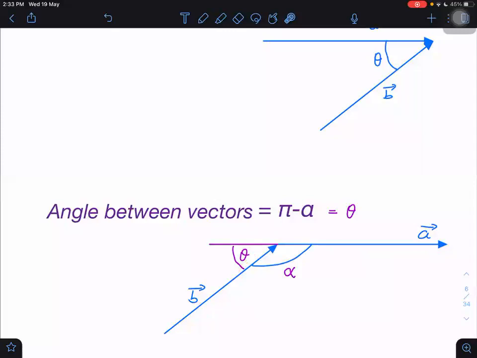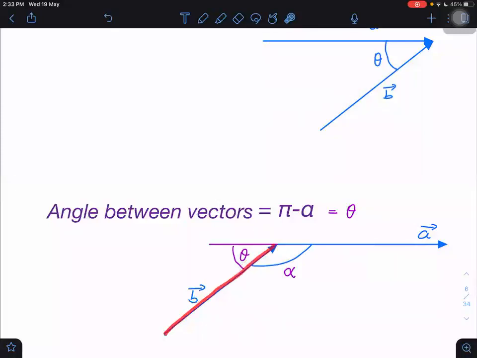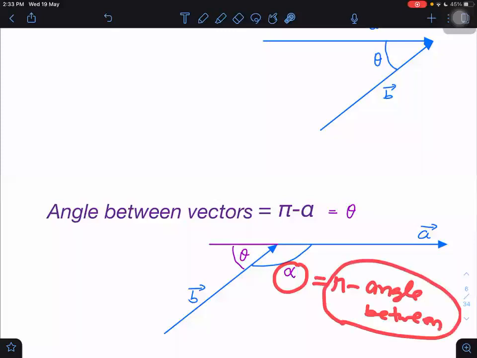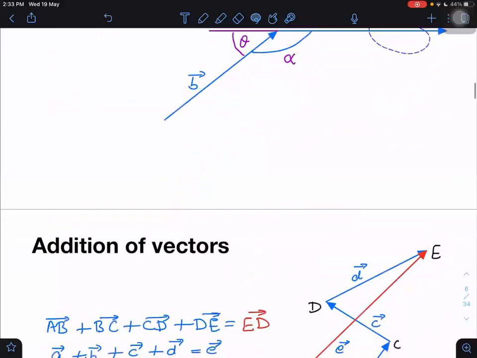So what is the angle between two vectors? Either you connect properly, tail to tail or head to head. But if in the diagram it is given connected head to tail, then this angle will not be the angle between vectors. Here alpha is actually pi minus the angle between vectors. So you should understand which is regarded as the angle between vectors. Not any angle is the angle between vectors. Only that angle which represents the angle when they are connected in a proper way. What is the meaning of proper way? Proper way means tail to tail or head to head. Then that angle which comes in between is called the angle between vectors.